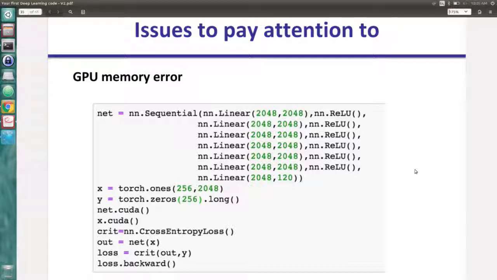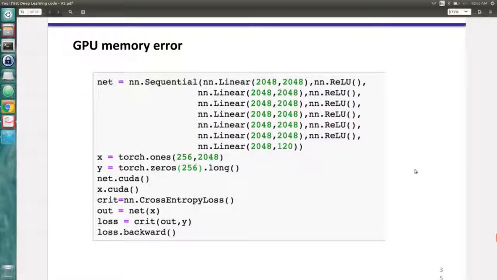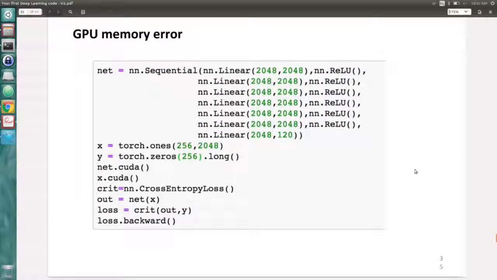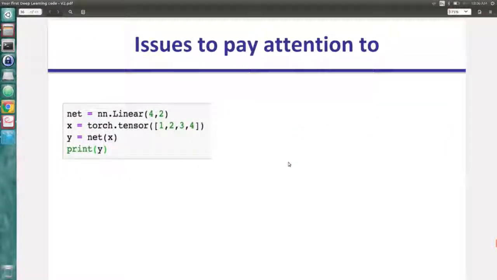GPU memory error: that's when you have a too big network and you feed it with a too big batch of vectors, and you'll get, oh, it's not written. I hoped you could have the CUDA, you'll have CUDA out of memory. That's what will be written. And in that case, you were a little bit too ambitious, so either you make a new AWS instance with more GPU, or you reduce your network, or you take smaller batches. And it's going to be slower. Okay, this one